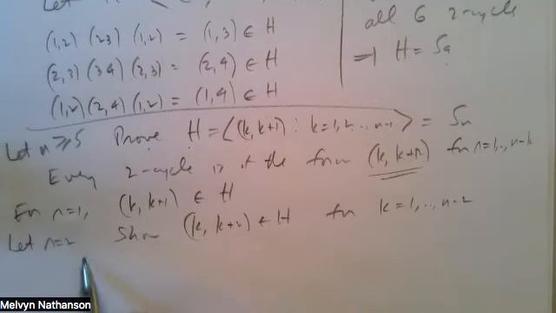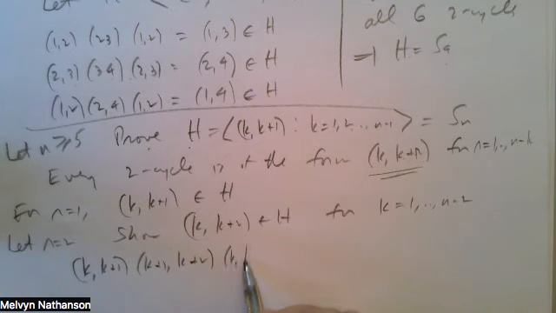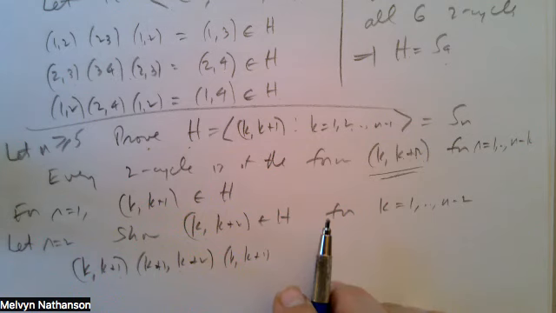So if I take (k, k+1) and multiply it by (k+1, k+2), and multiply it by (k, k+1) again. Each of these is a 2-cycle where the terms differ by 1. So each of these is in H, which means this product is in H, because H is a subgroup, it's